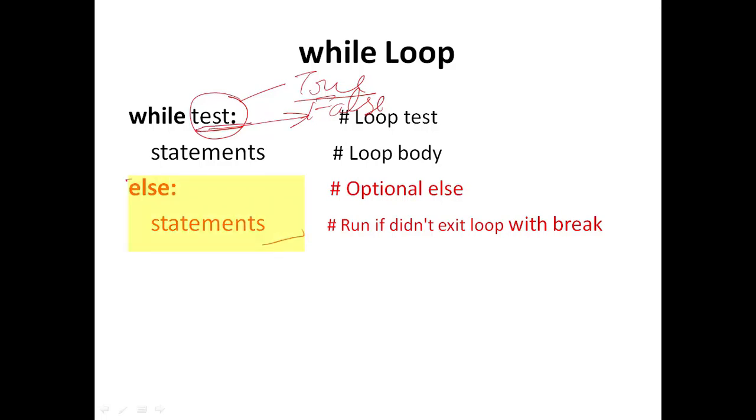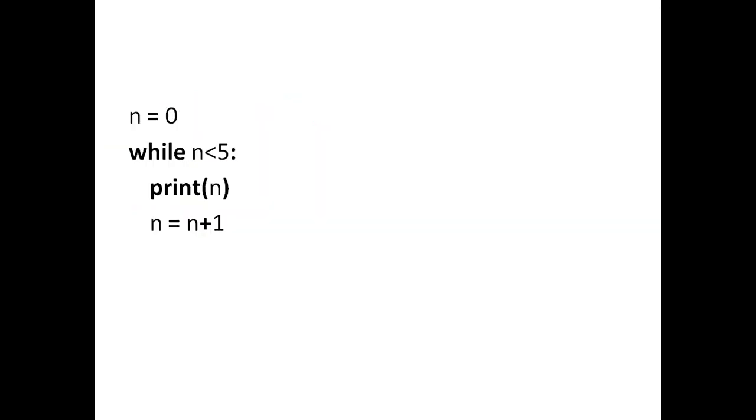In Python the while loop has an optional else part. This part can be written or not, it is up to you and depends on your code. It is always optional, and it will only be executed if the while part has terminated normally, that means without any break statement. So let's see an example of while first.